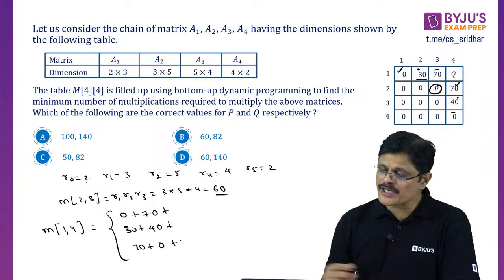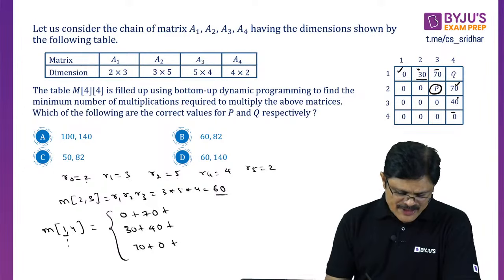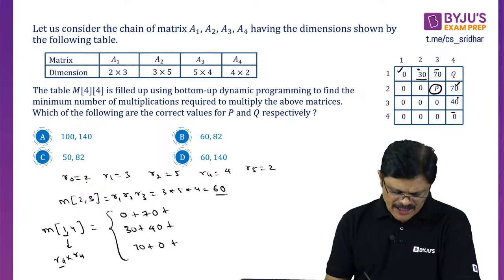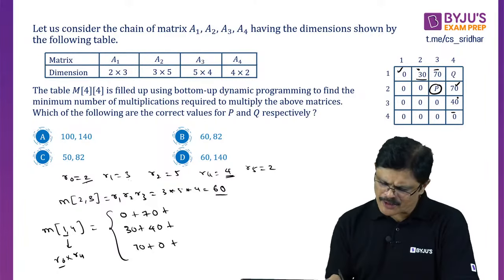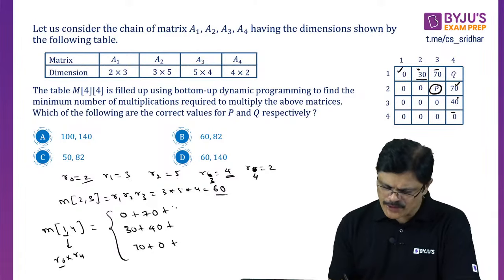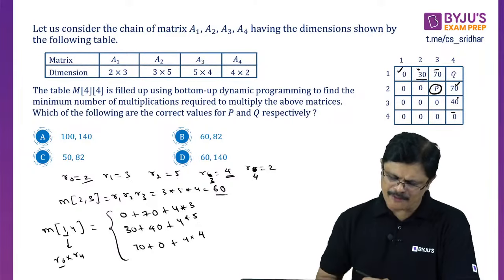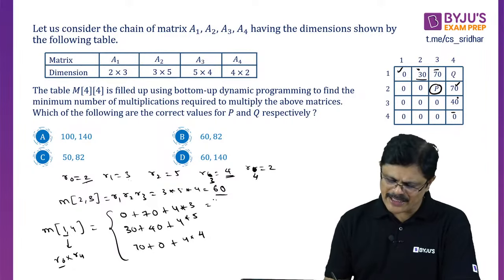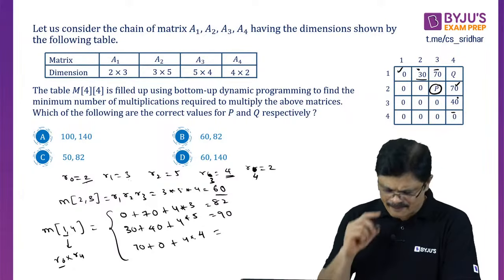Now here what we need to do, sir, because it is 1 to 4, R0 and R4 are fixed. R0 means what, sir? 2. I think R0, R1, R2, R3 and this is R4, sorry for this misnumbering. R4 is 2. R0 is 2 and R4 is 2, 2 into 2 is 4. So 4 is fixed, to be multiplied with one more number. In the first case we multiply with 3, second case with 5, third case with 4. So this is 70 plus 12, 82; 70 plus 20, 90; and 70 plus 16, 86.